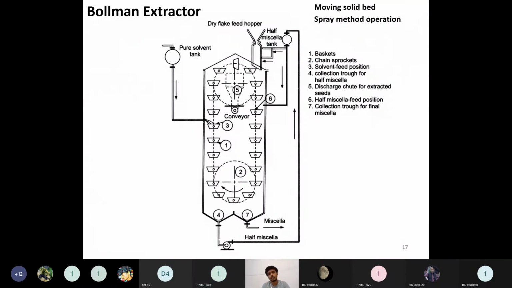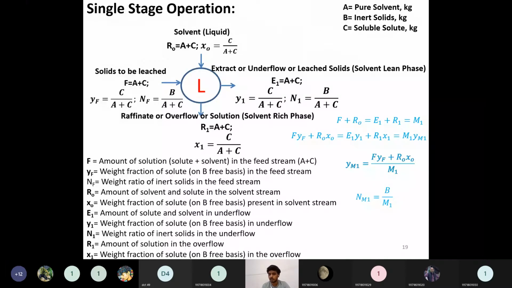Now we will see. Until now, this was only the theory part, only the conceptual part. What are the concepts involved? In the practical part, calculations, problems and derivations will come into existence. So the nomenclature is very, very important here. If you know the nomenclature, you can do the material balance. Then only you can calculate the stages or the single stage operation. You can calculate the flow rates in various streams.